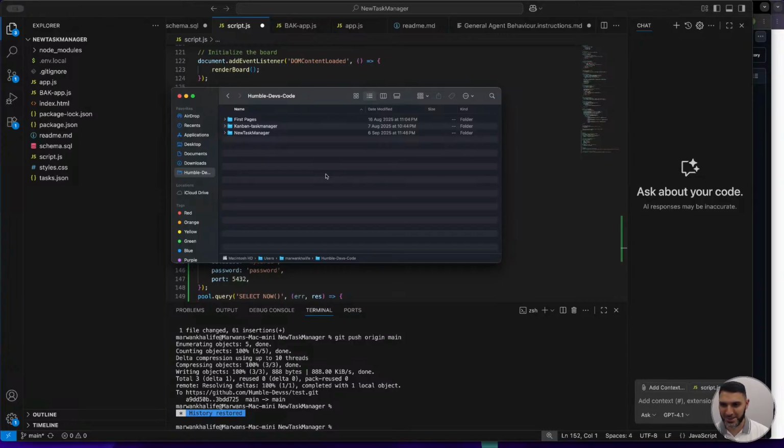I've had a hard time deciding what the final build is going to be, to be honest. From the beginning I've been building a Kanban board for task management and whatnot, which is fine. But I don't think that is a very great project to build, at least not for myself. So I'm going to be building something different, which is going to be called